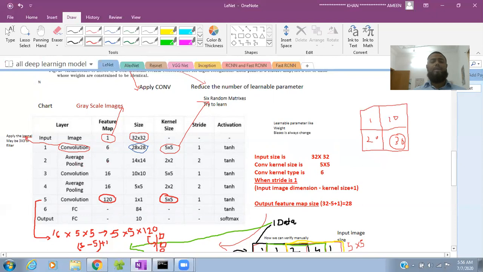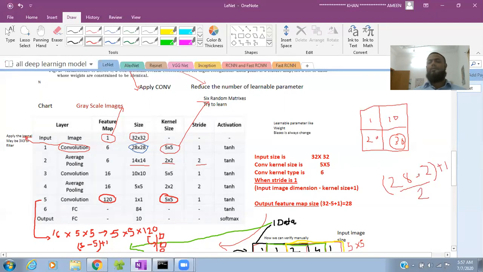Again the feature map is 6, the size is 14 into 14, and the kernel size is 2. So next, 28 minus 2 plus 1, and divided by 2, that is the stride.